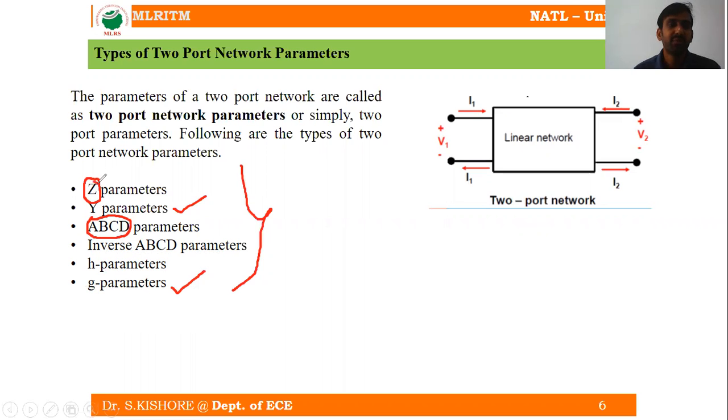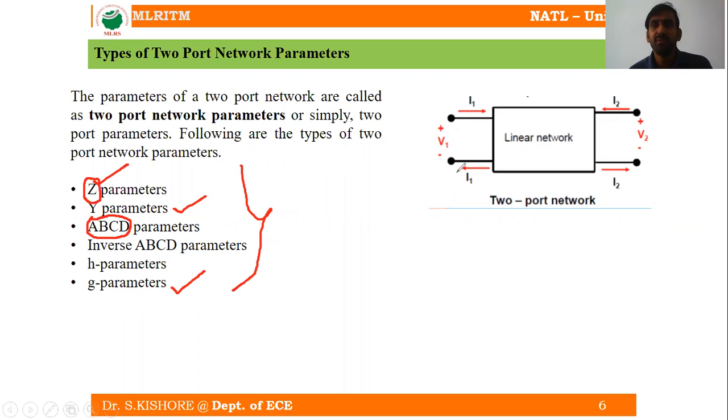Right? So Z parameters are also known as the open circuit impedance parameters. Y parameters are also known as the short circuit admittance parameters. ABCD parameters are known as the transmission parameters. Inverse ABCD is known as the inverse transmission parameters. H parameters are hybrid parameters, and then G parameters. So these are the 6 possible or 6 different types of two-port network parameters we can come across using the